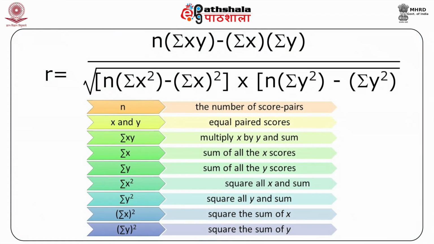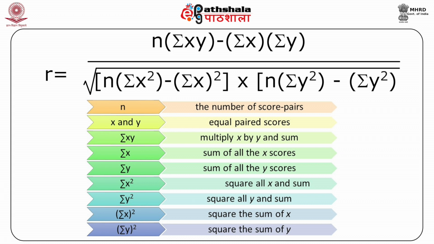The formula for calculating the Pearson product moment correlation coefficient is r equals n multiplied by summation xy minus summation x multiplied by summation y, the whole divided by the square root of [n summation x square minus (summation x) whole square], the whole multiplied by [n summation y square minus (summation y) whole square], where n is the number of score pairs, x and y are the paired scores, summation xy is the sum of x multiplied by y,